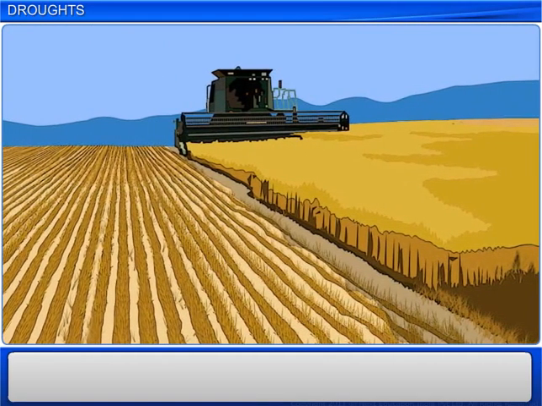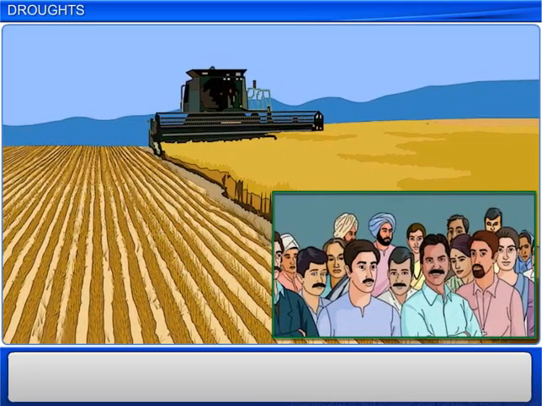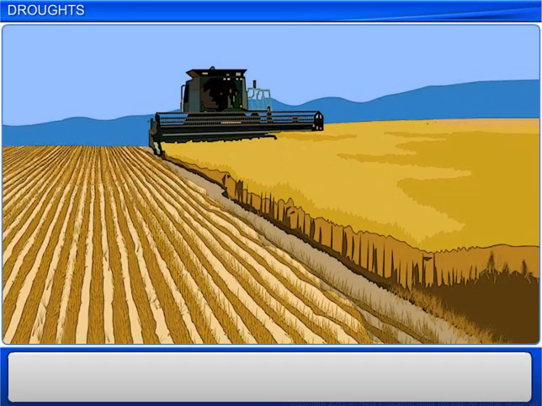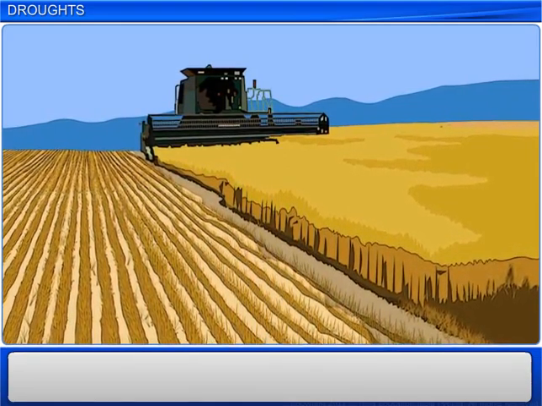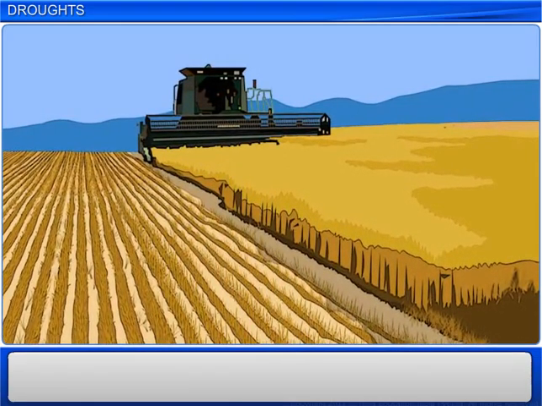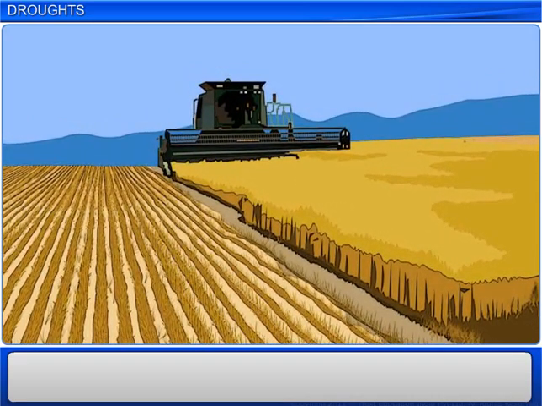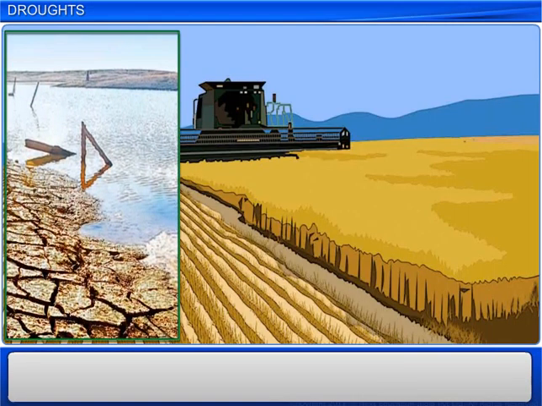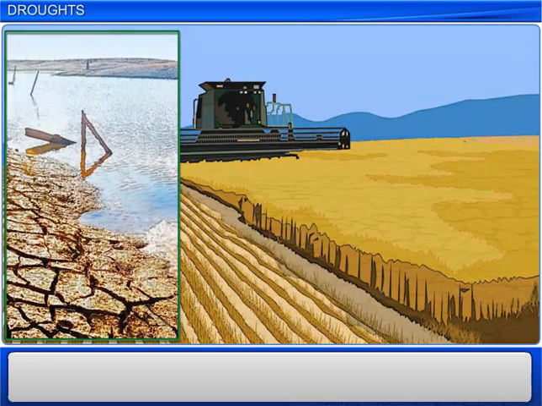Overuse of agricultural land is another cause of droughts. As the population grows, more and more food is needed to feed the growing number of people. As farmers grow more crops, the land becomes unfit for growth of vegetation. Less vegetation also leads to droughts. Growing more crops requires a lot of groundwater. Depleting groundwater level, accompanied by the absence of rain, also leads to a drought.